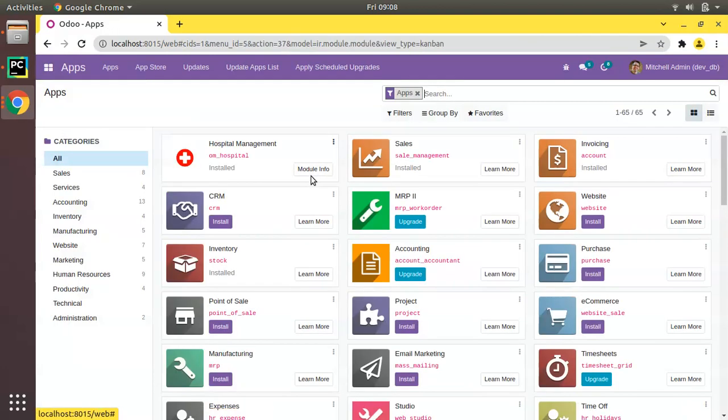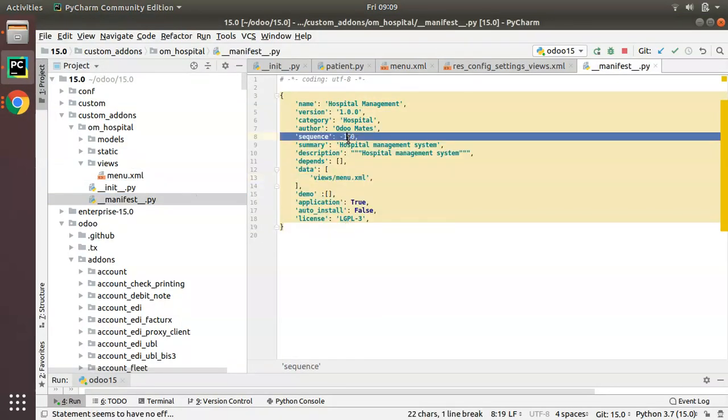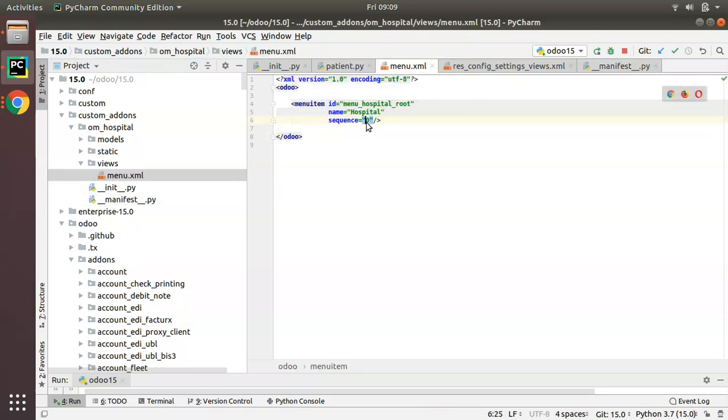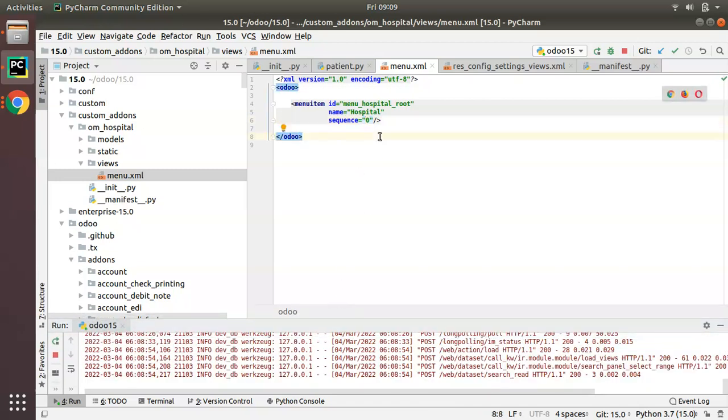of apps. I hope you remember the hospital management module comes first in this list because we have set the sequence as minus 100. So the lower the sequence, the things will come first. I'll give a priority 0. Okay, priority 0. So this is how you can create a menu item